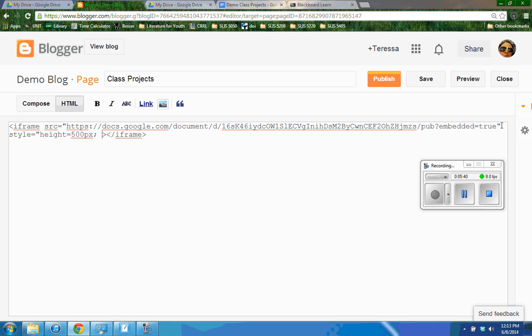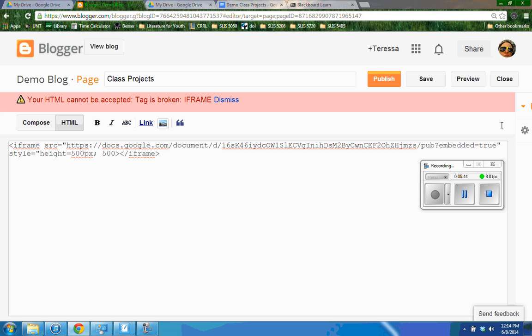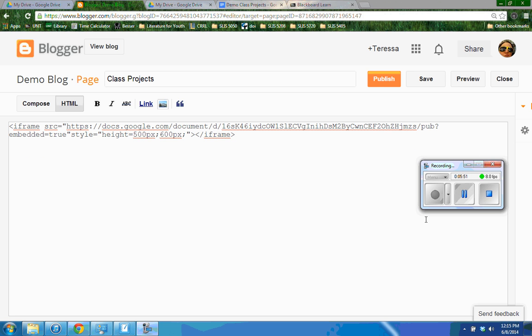And you can add a space. It doesn't really make a difference when you're doing coding. And 600 pixels. Sorry, I had a typo and I fixed it. So this is what your code should look like after true now. You should have a quotation mark, then style, then equals, then you need a quotation mark, then you need height equals 500 pixels, followed by semicolon, and then you need to put your width. So width